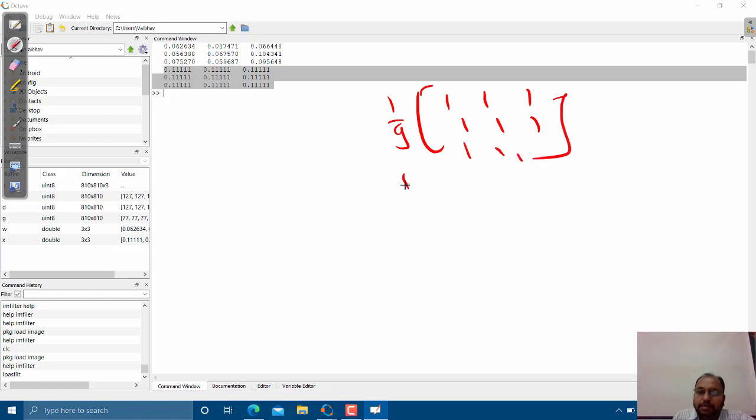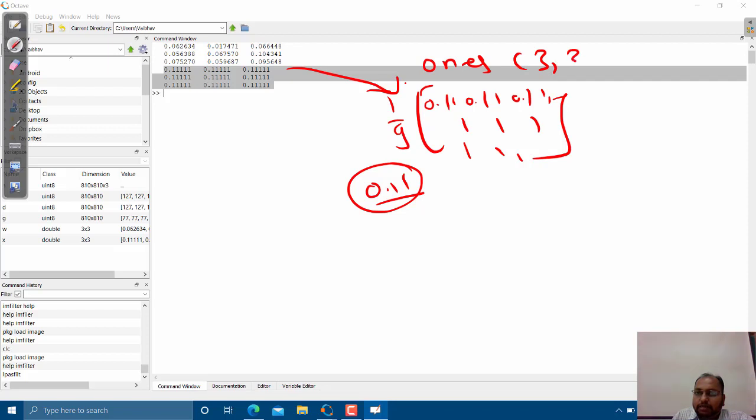We have computed 1 by 9, which comes as 0.11, and we have multiplied by 0.11 to all the values, so it is 0.11, 0.11, 0.11. Are you getting it? So it is one and the same. Ones of 3 comma 3 multiplied by 1 by 9 gives you this filter mask.